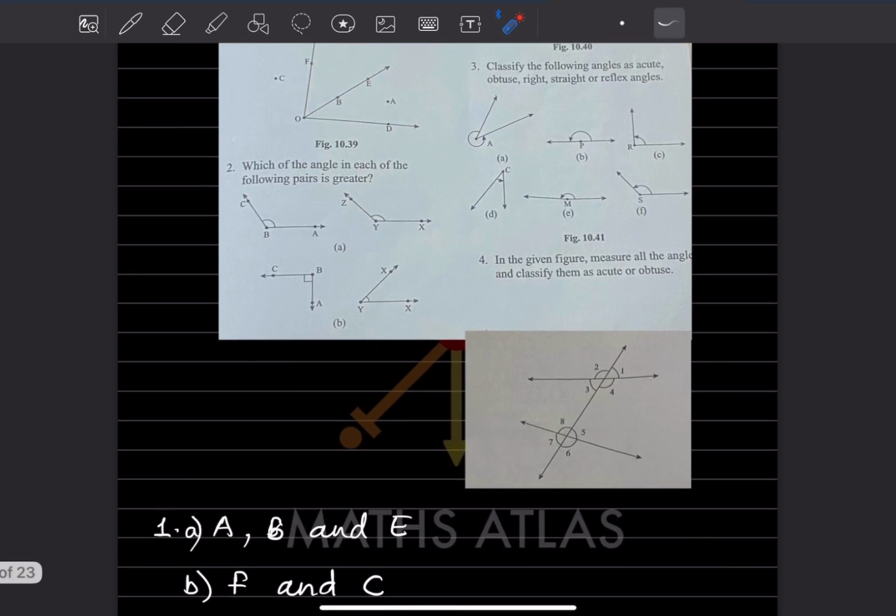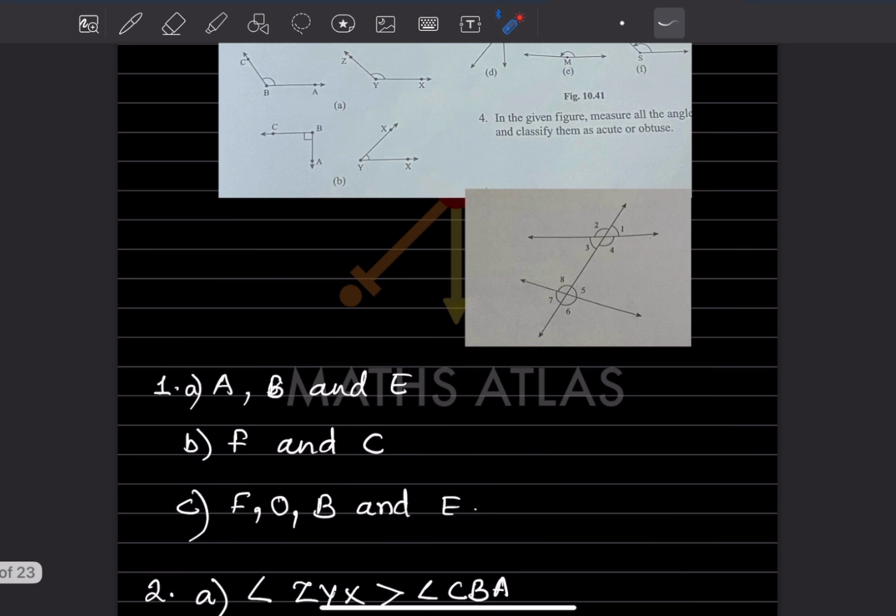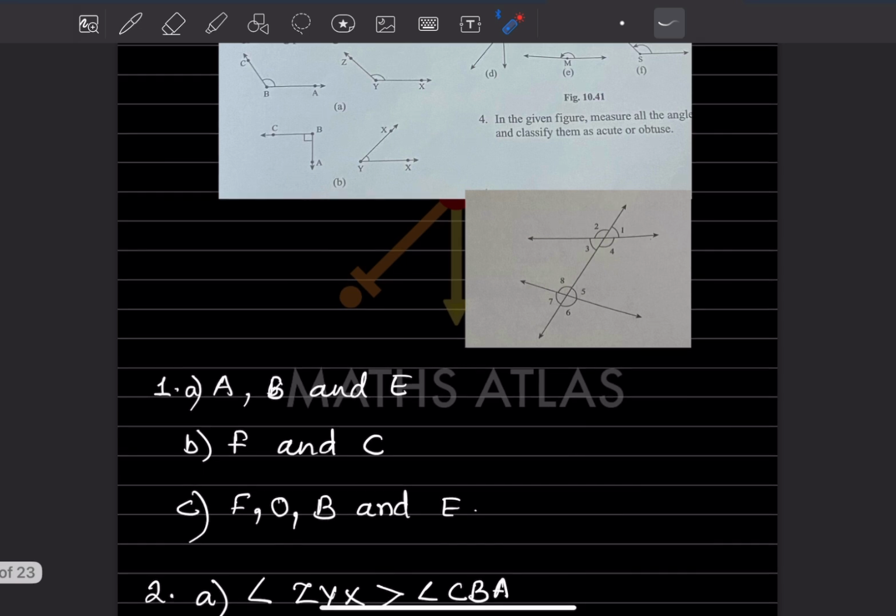Which of the angle in each of the following pairs is greater? So now you can see this one when you compare this and this one. So which one is greater you can see. So here this will be Z. So this is slightly, because you know if we take this angle, this is going to be 90 and this goes on, this becomes more than 90. So this angle, so here this angle is more. So we can say